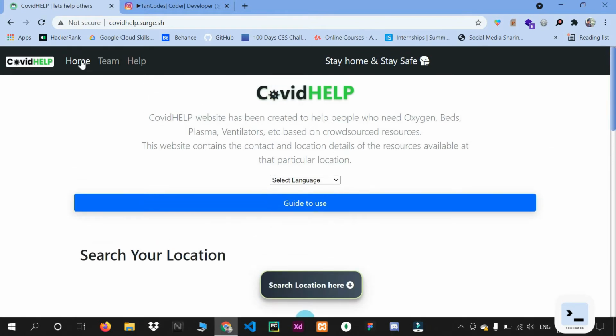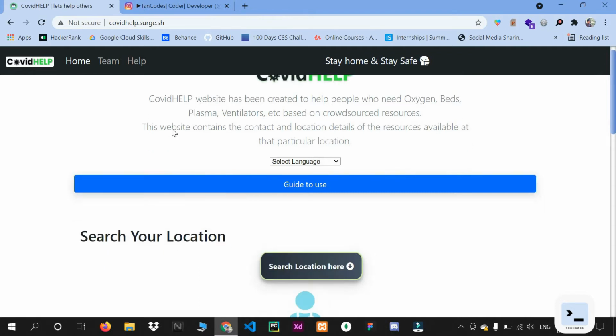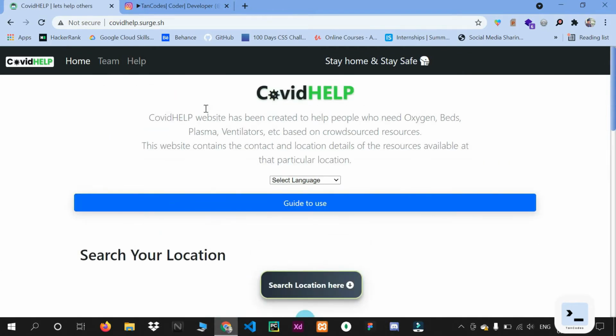So I wanted to tell you about this website and also the coding behind it, how you can build this website. First, if you know any people who are in need of these oxygen beds, you can share this website with them. It will be helpful for them.